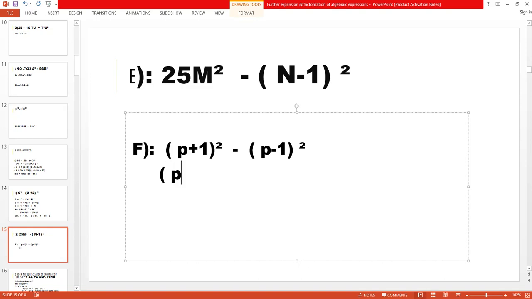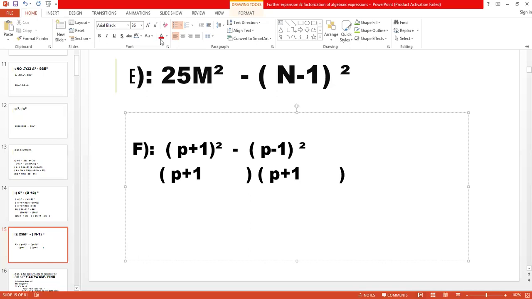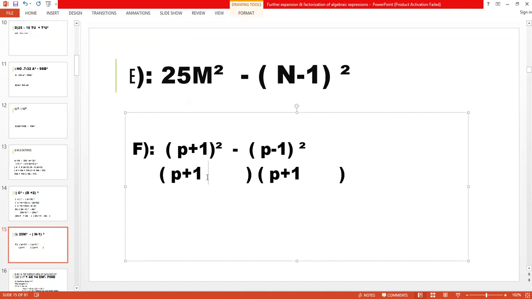First you have to write the first term, that is P plus 1, where I have to write the second term after changing the color. Next, I have to write again the first term, that is P plus 1, because there will be no change in the first term. Okay. Now we come to the next: first, one time you have to add and one time you have to subtract.